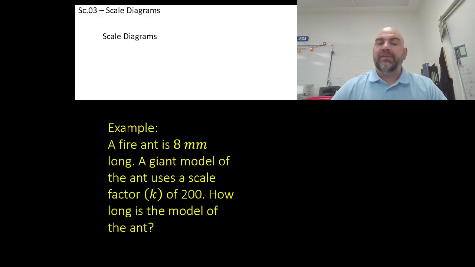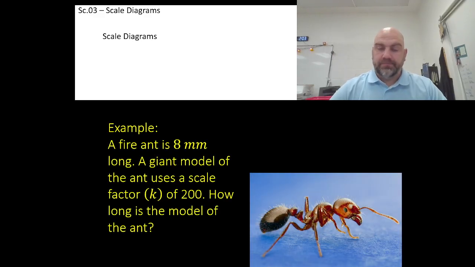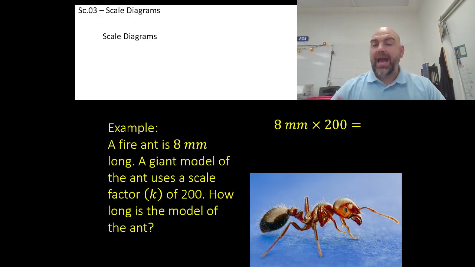So here's the example. A fire ant is 8 millimeters long. Nice and small. Thankfully, we don't want those things to be big. A giant model of the ant uses a scale factor, or a K value, of 200. How long is the model of the ant? Well, we're going to take our actual dimension, actual length, and multiply it by the scale factor of 200, and so the length is 1,600 millimeters, or